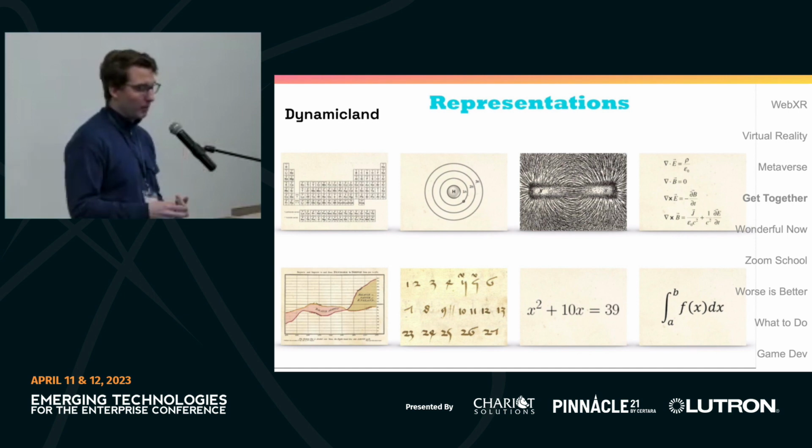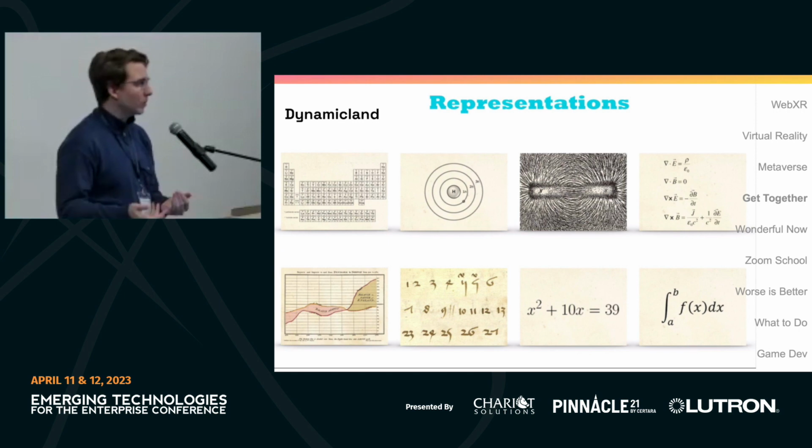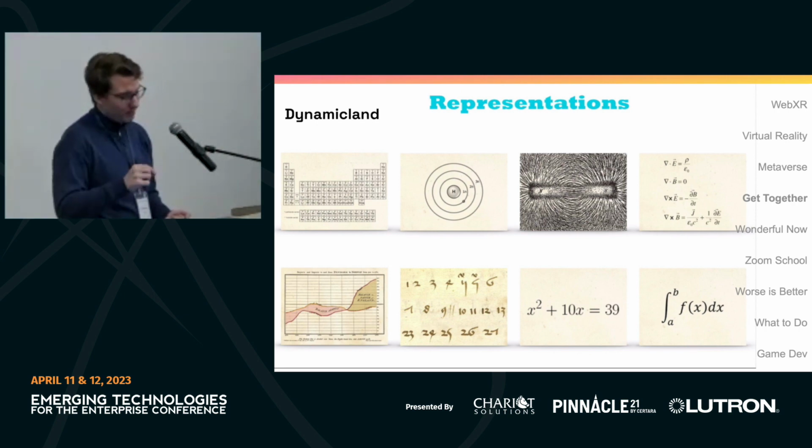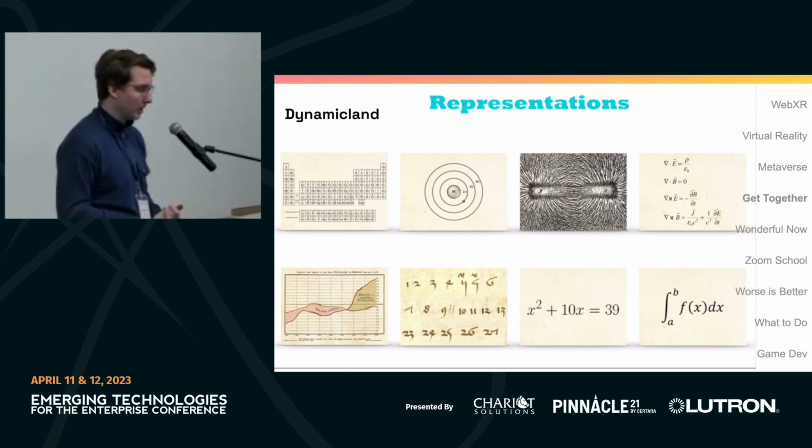So this one in the bottom row that says x squared plus 10x equals 39, this is symbolic algebra. You can instead write this as a sentence, which is, what is the quantity that when squared and added 10 times itself is equal to the quantity 39? And when you're doing complicated mathematics and writing it in sentences, it's really hard to hold everything in your head. This is something that we can teach grade school students, and they get it pretty quickly,